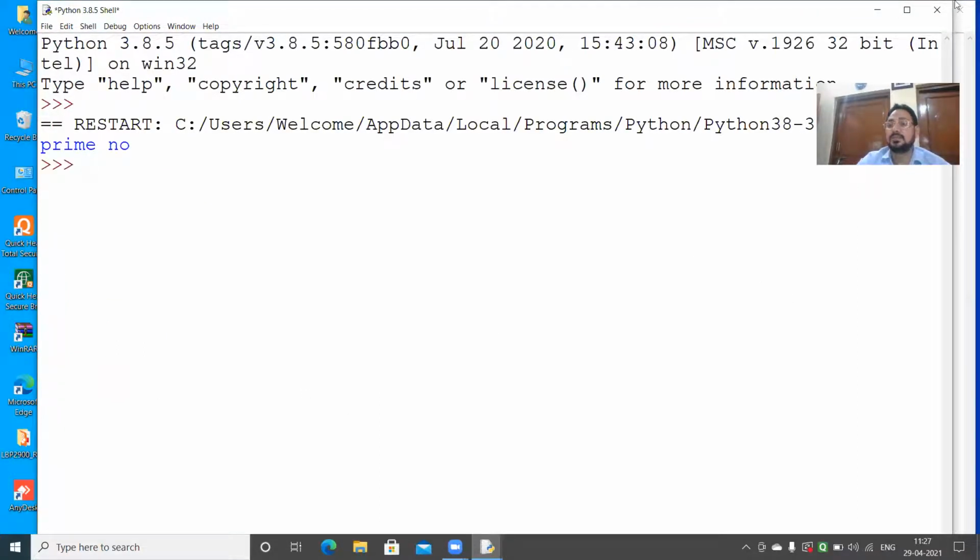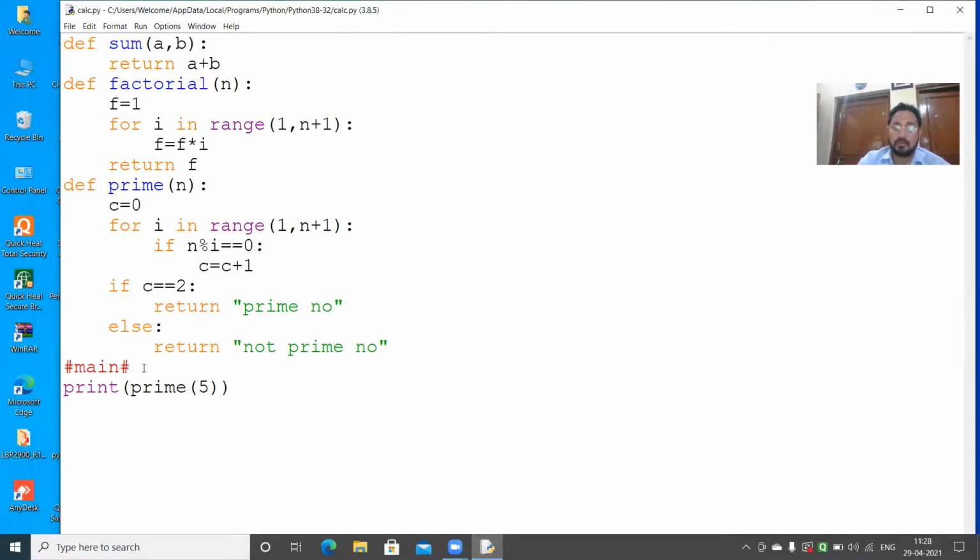I'll take an input choice: input n is equals to int input, enter number, and then I will pass n. I will take different numbers now.